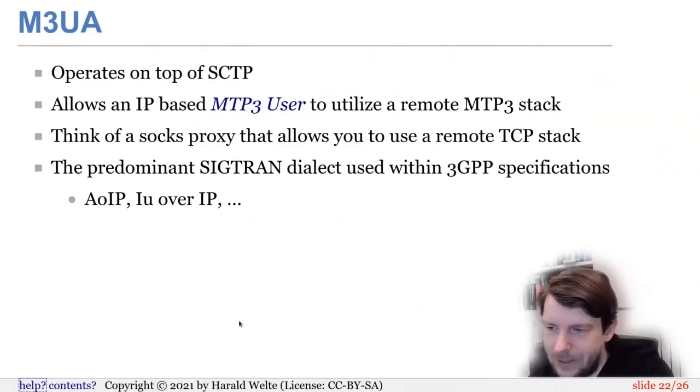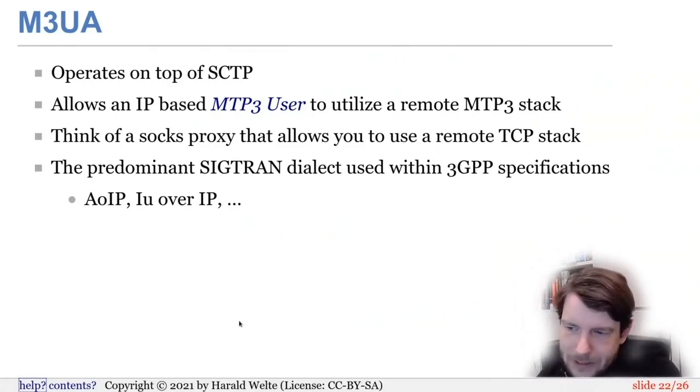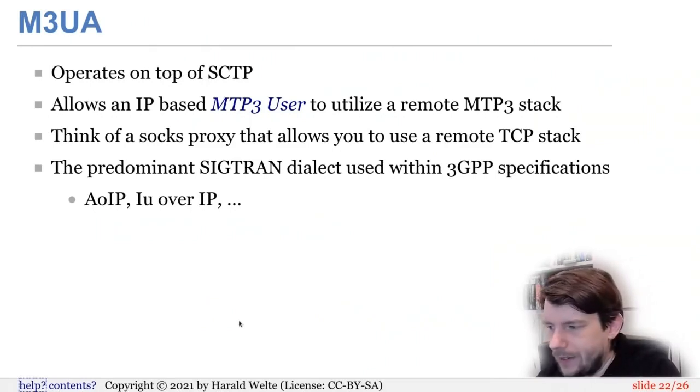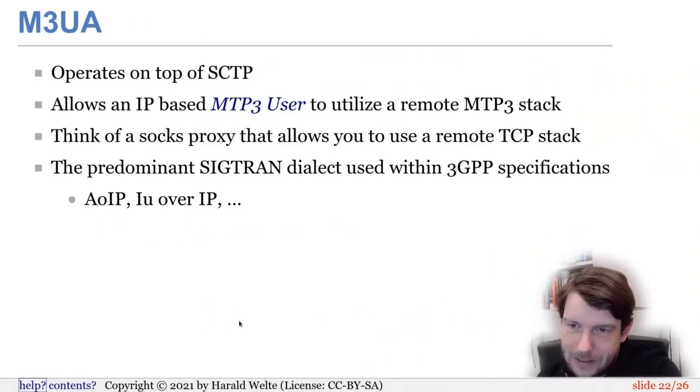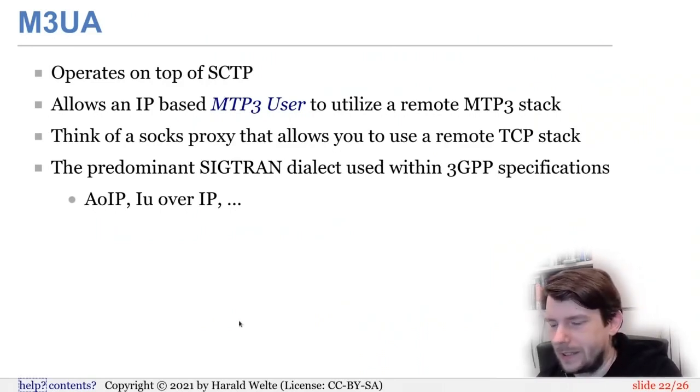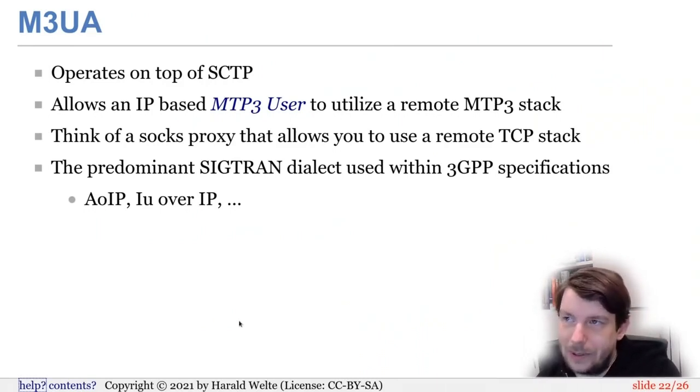So you have something called a signaling gateway, an SG, that attaches both to IP and the SS7 network. And then you can have any number of applications on the IP side that can remotely use the MTP3 and underlying stack of the signaling gateway. You can think of it like a SOCKS proxy in the IP world, where using SOCKS, you can use a remote TCP stack of some gateway. And it's sort of the same